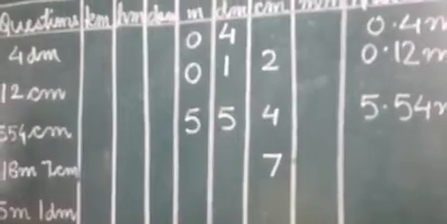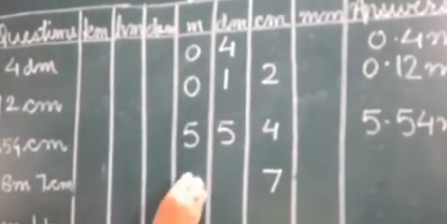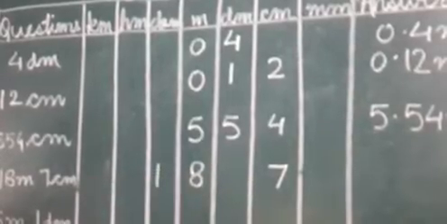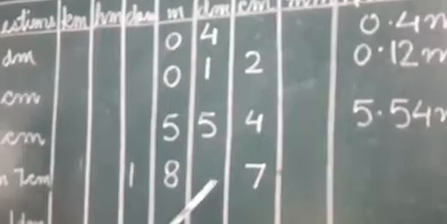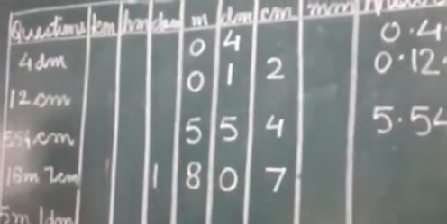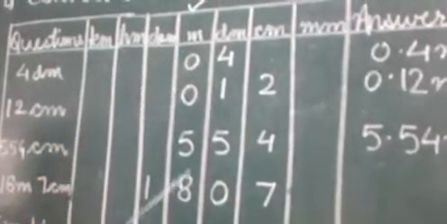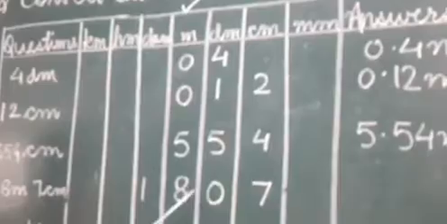Next we have 18 meters. This is the meters column. So I will write 8 here and 1 will come here. Now here you can see that we have got one column blank. So what we will do? We will write 0 over here. Okay. And now we have to put point after the meter. So I will put point after 8. So my answer becomes 18.07 meters.